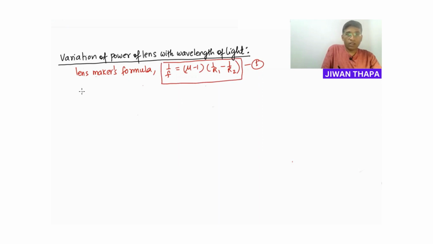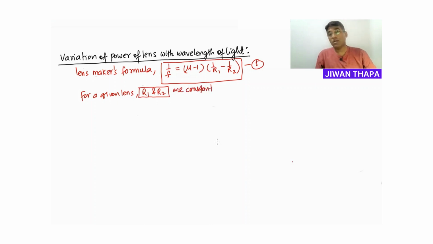And for a given lens, R1 and R2 are constant. R1 and R2 are the radii of curvature of the two spherical surfaces of the lens. And since the lens is solid, R1 and R2 are constant. And the refractive index mu